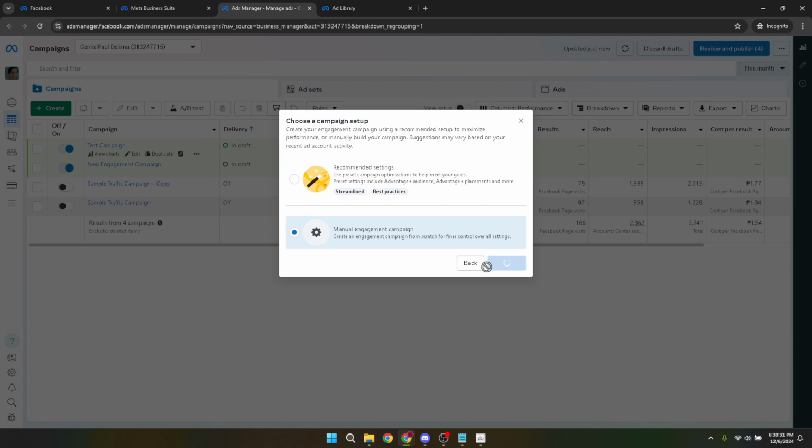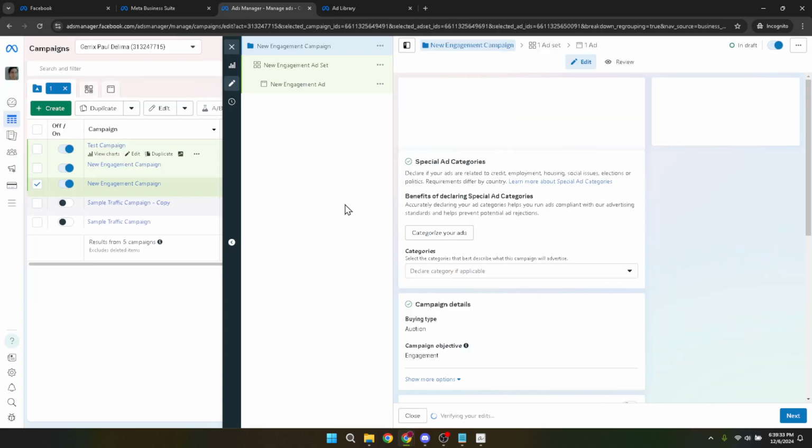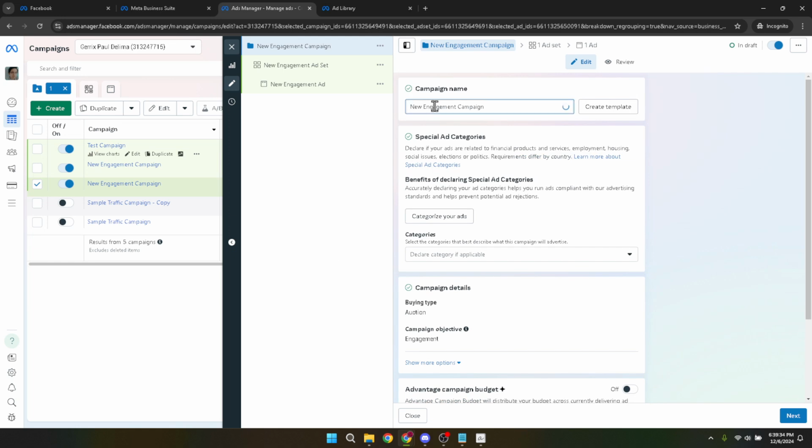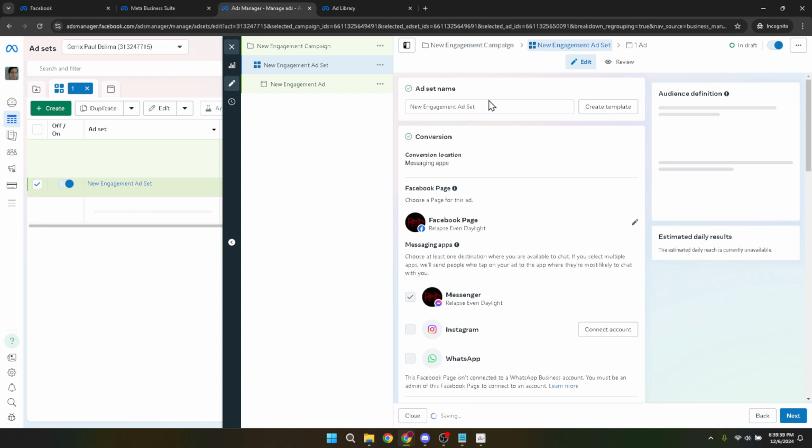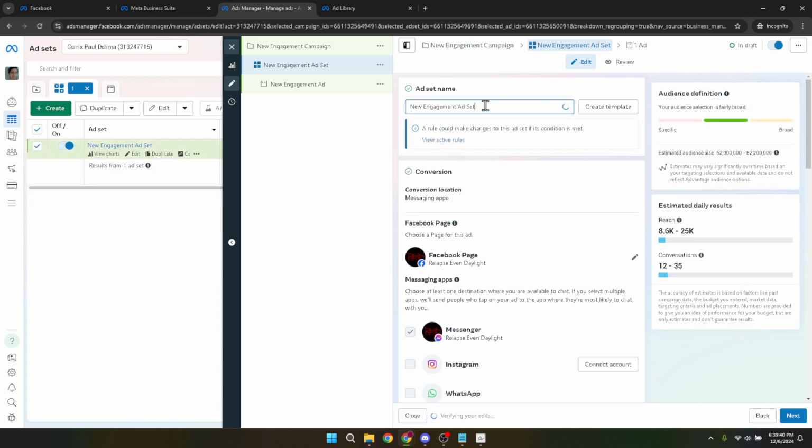Next, you'll need to either add your ad set or create a new one. The ad set level is where you define your targeting criteria, budget, and scheduling. Think of it as the backbone of your campaign, dictating who sees your ads and how resources are allocated. Once your ad set is neatly configured, hit Continue. This will take you deeper into the ad creation process, granting you the tools to craft compelling ad content that